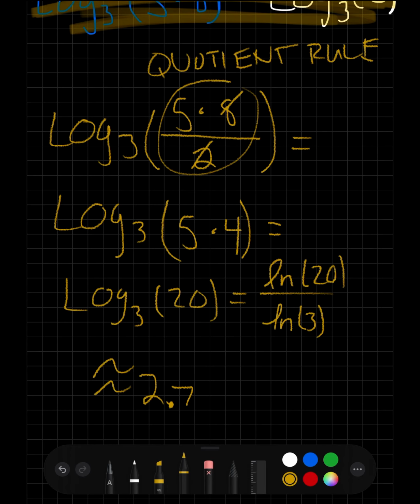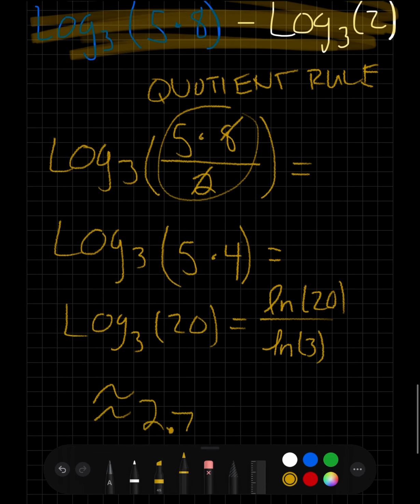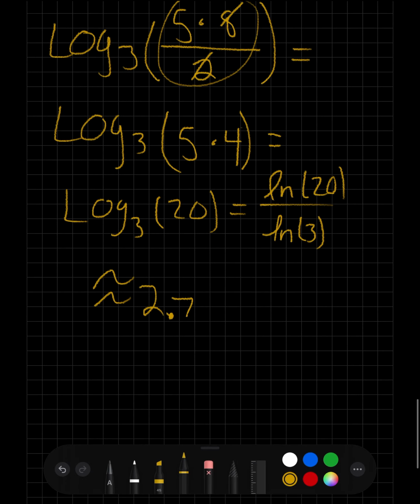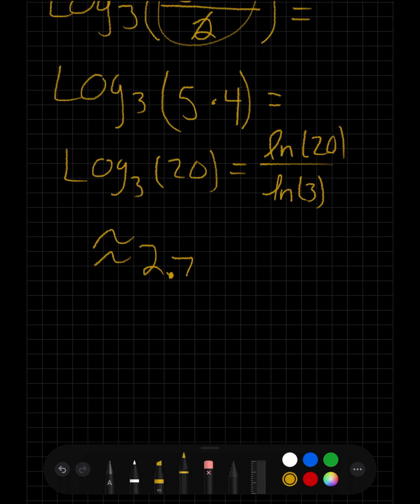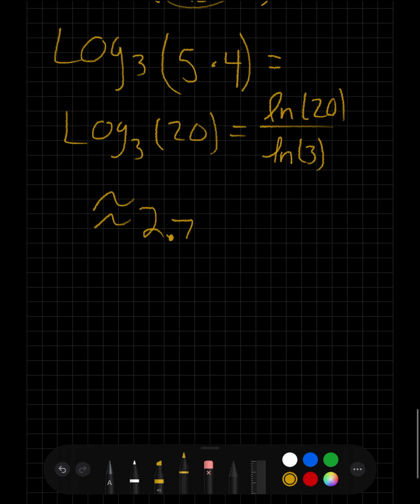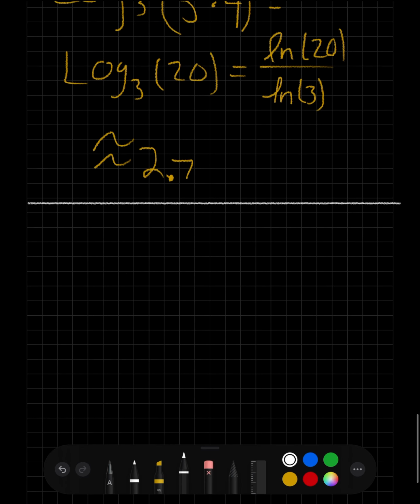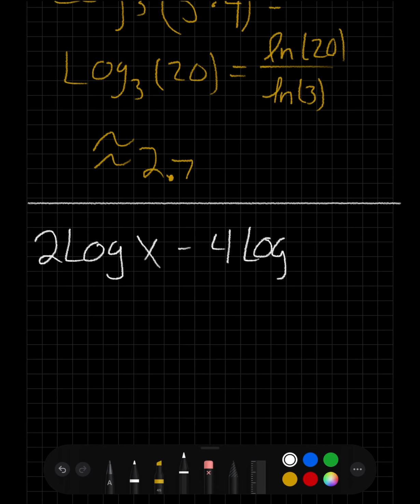And you can see it's a little bit easier to do one change of base formula at the end than it would have been to go through and do all those different change of bases in each one. So that's one way that you can condense logarithms. Let's do that again, working with some variables. So here again, we're going to take a larger expression. So we're going to start with 2 log x minus 4